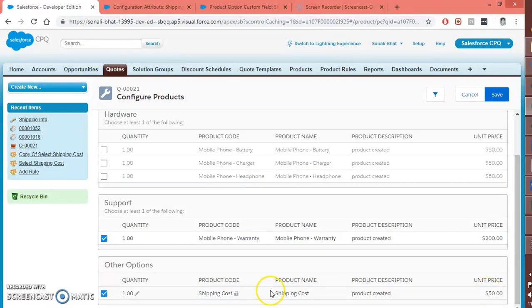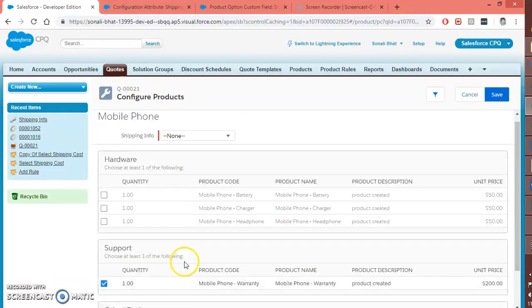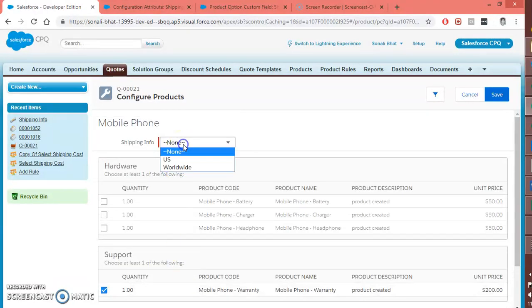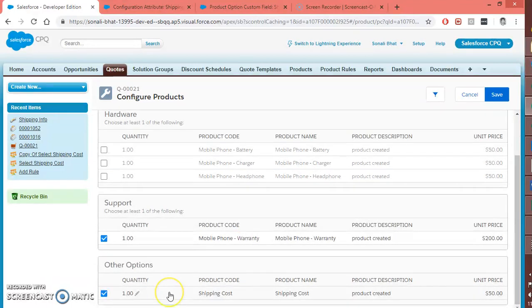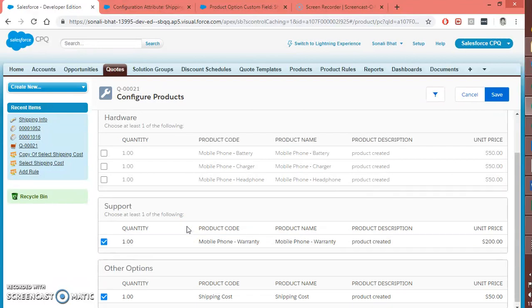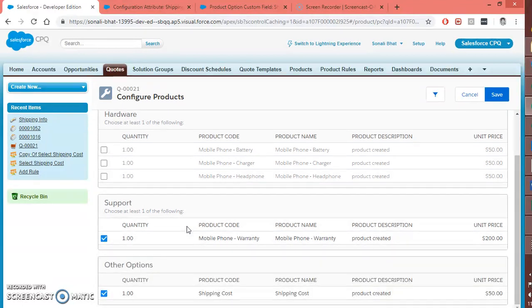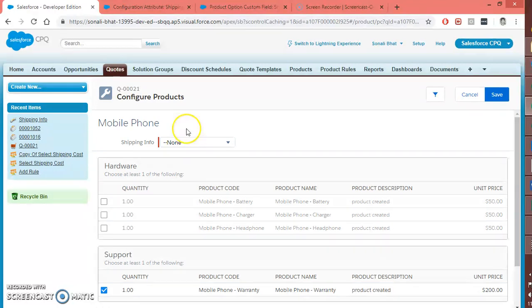The user won't be able to add this product to the quote when it is going to be shipped within the US. But if it is outside the US, I mean if the user selects worldwide, then I need to select this product by default. So the salesperson has no need to worry about which product options have to be selected and which need not be selected. That will happen automatically on selection of the configuration attribute called shipping info.